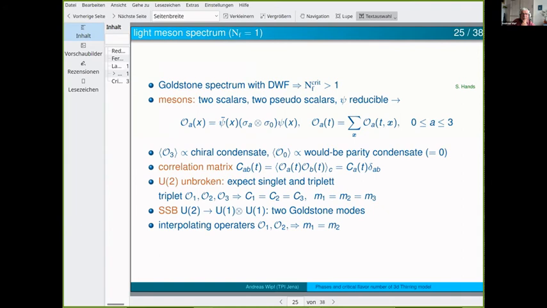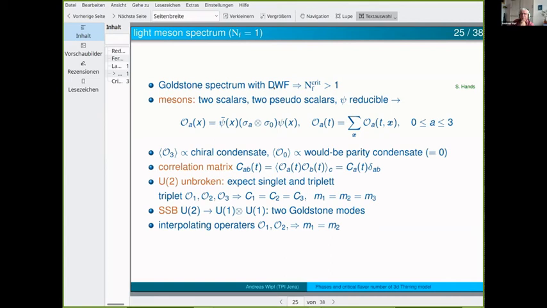Now, the next thing we studied was the Goldstone spectrum. As I mentioned, it has been done with the domain wall fermions in the bulk formulation, and Simon concluded that the critical flavor number should be bigger than 1. So what do we do? We take the mesons,